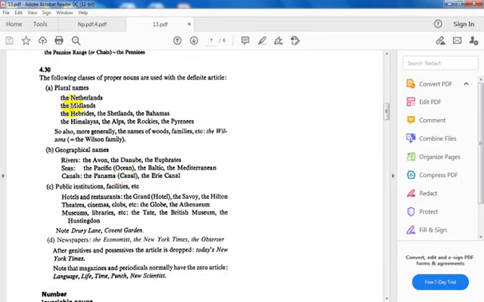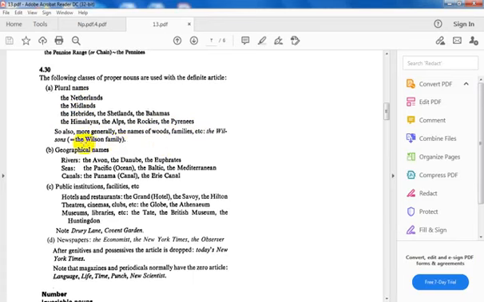Plural names, all the plural names referring to names of places, have the definite article: the Netherlands, the Midlands, the Hebrides, the Shetlands, the Bahamas, the Himalayas, the Alps, the Rockies, the Pyrenees. But we have exceptions, like,